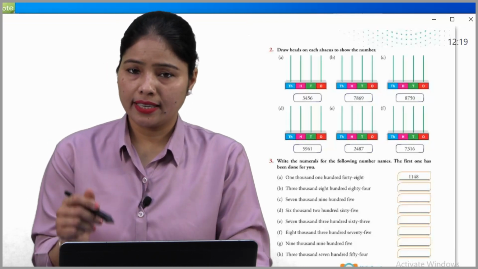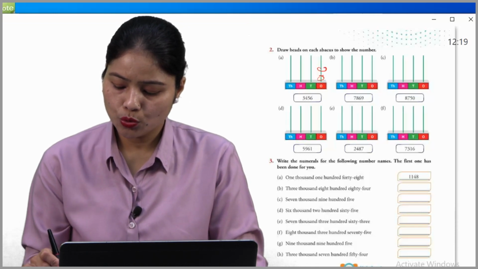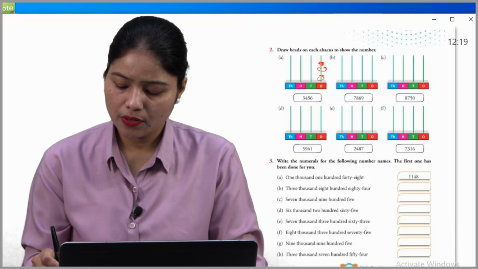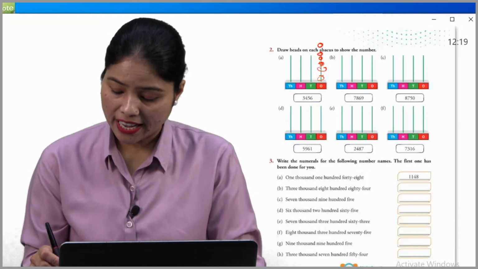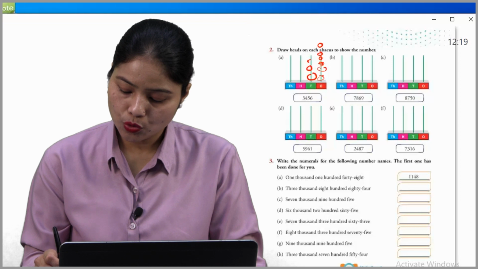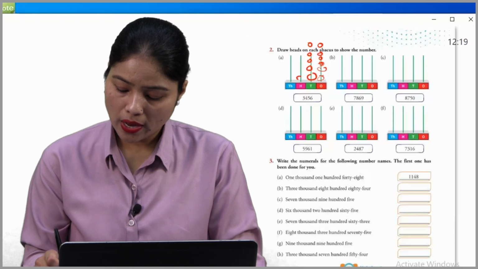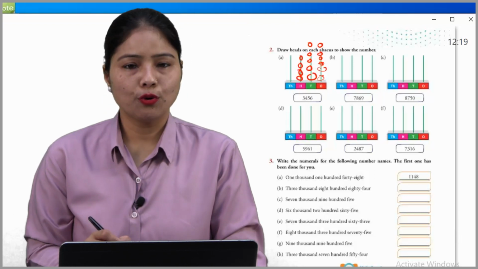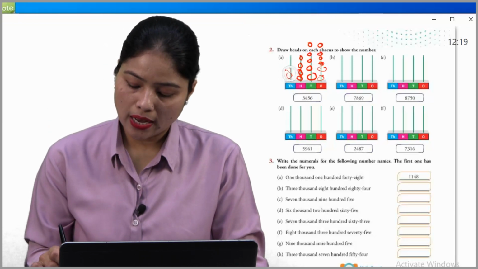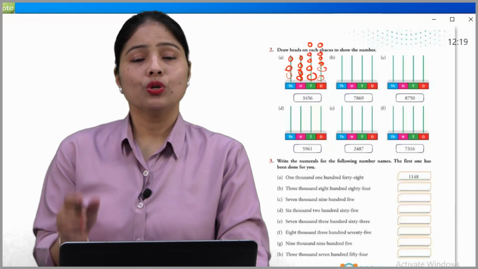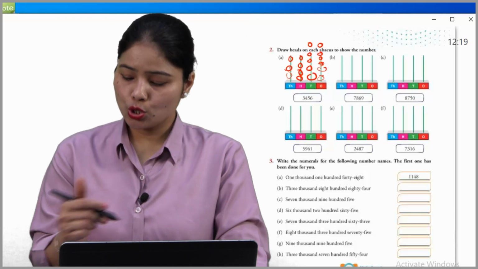So draw beats there very nicely. Just let's start with that. 1, 2, 3, 4, 5, 6. Okay. And then 10's digit is 5, so 1, 2, 3, 4, 5. Similarly on 100 place 4, so 1, 2, 3, 4. On 1000 place 3 beats are there, so write it 1, 2, 3. Similarly you have to solve the next one and draw the beats very nicely and do it yourselves.